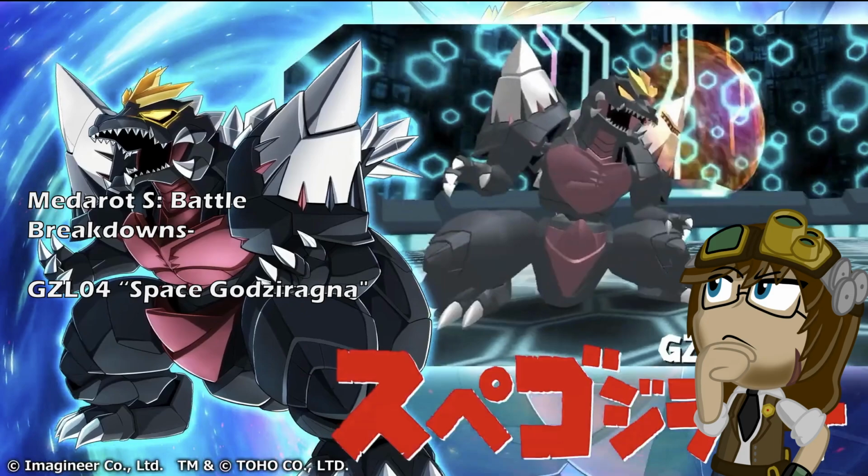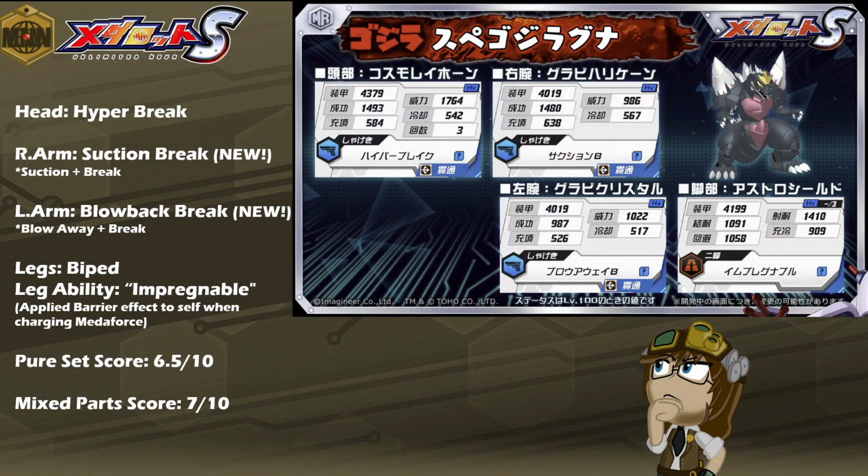It is the fifth model introduced in the 2025 Godzilla collaboration with Metarots S, sporting the likeness of the iconic kaiju from the terrors of the cosmos themselves. It is GZL04, Space Godziragna, with an almost completely new kit of Hyper Brake, Suction Brake, Blowback Brake, biped legs, and the leg ability of Impregnable, which is a brand new leg ability that adds the barrier effect to self when charging